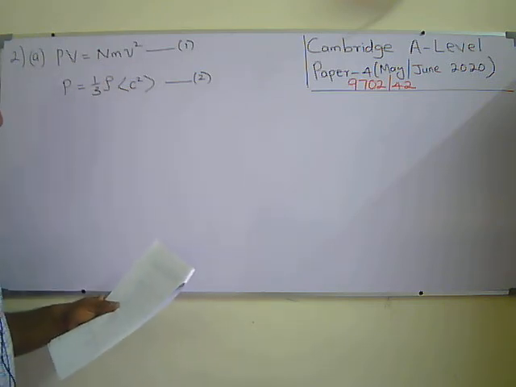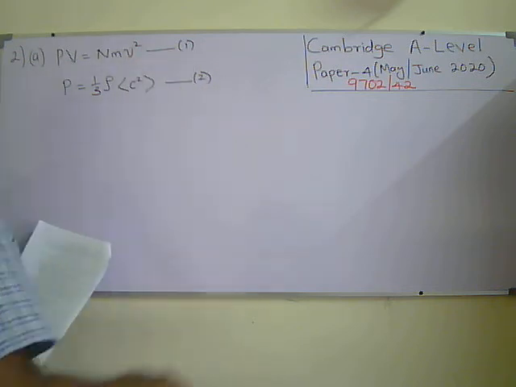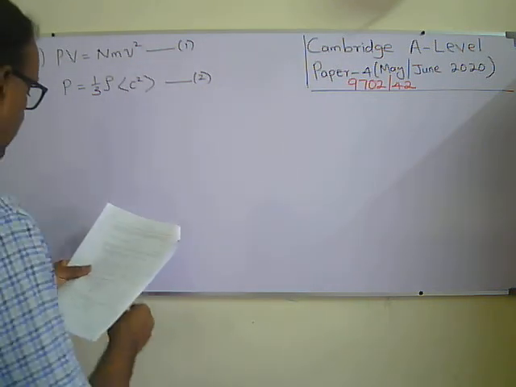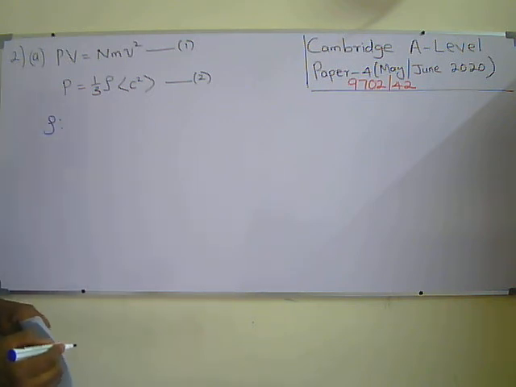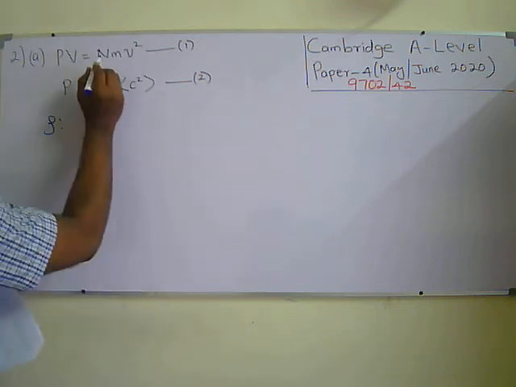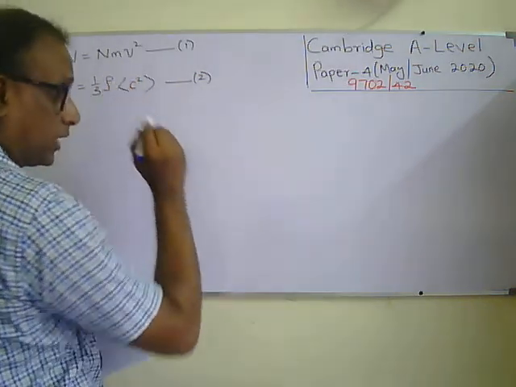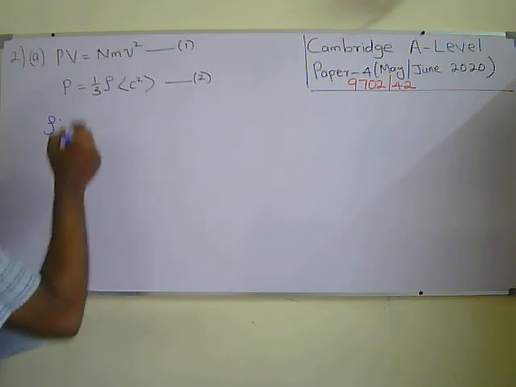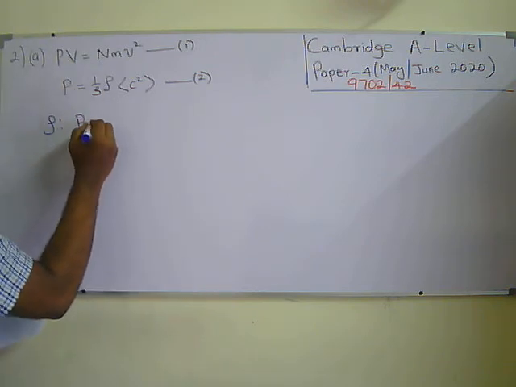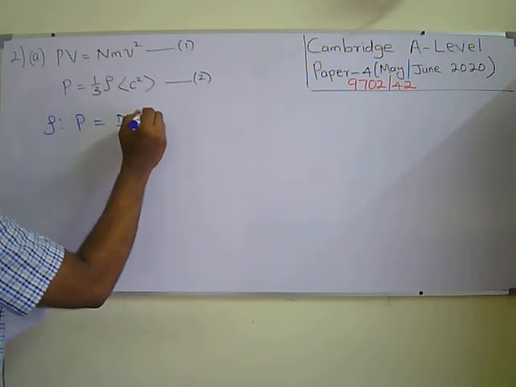The question is, explain how each of the following terms in equation 2 is derived from equation 1. So they are giving three terms. We should explain how the first part, how the density is obtained. So density means, you know, mass over volume. We know that. Mass means Nm. N is the number of molecules in the given box, m is the mass of a molecule. So Nm is the total mass. So if I take from this equation, ρ is equal to Nm over V, if I write, right?